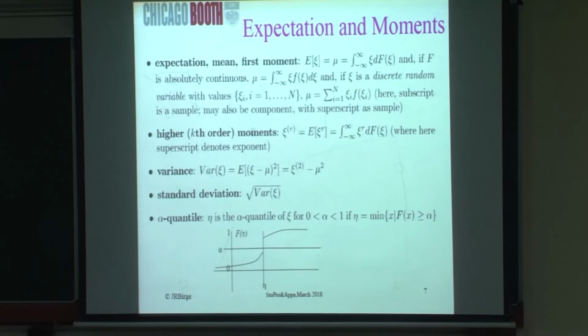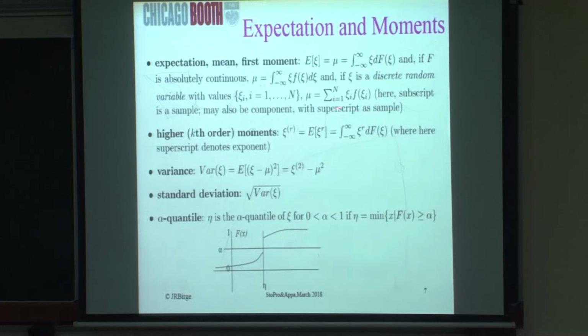Again, here most of the time I use a superscript for samples and a subscript for the components, because it's mostly with vectors. Here, since it was just a single random variable, I'm just using the subscript to denote a sample, or a finite set of possible values that c takes on. So if c takes on those possible values, then this is formally what the mean is. Okay, so we get the mean.